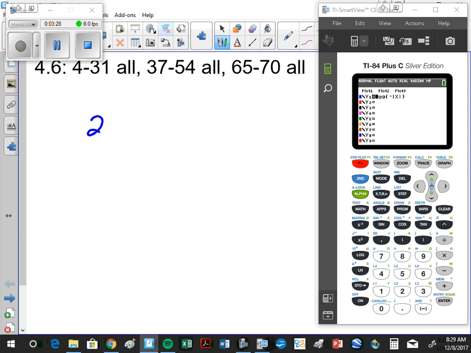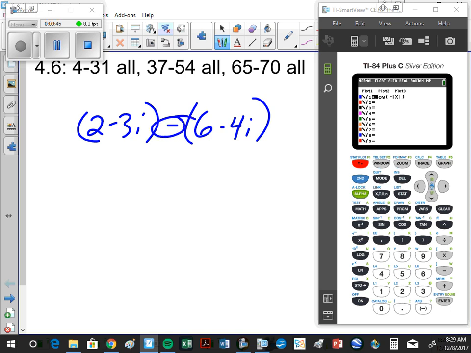And if I had 2 minus 3i minus 6 minus 4i, how would I combine those two complex numbers? I need to bring the negative inside here. So it would end up being negative 6 and positive 4i. And then 2 minus 6 would be negative 4. And then negative 3 plus 4 would be plus 1i. Does that make sense? Okay, now we're going to be multiplying i's together, which is a little bit weird